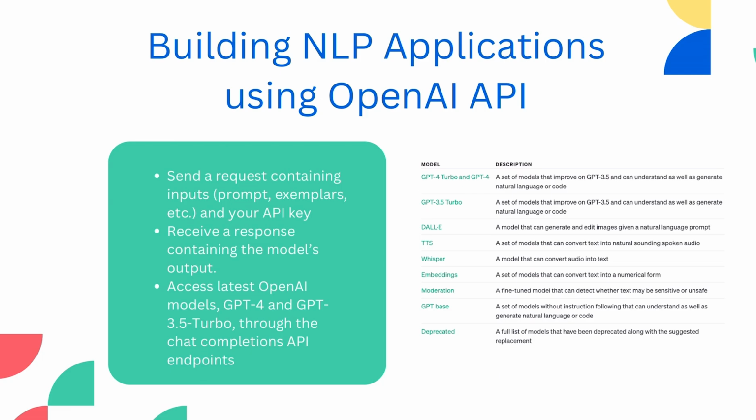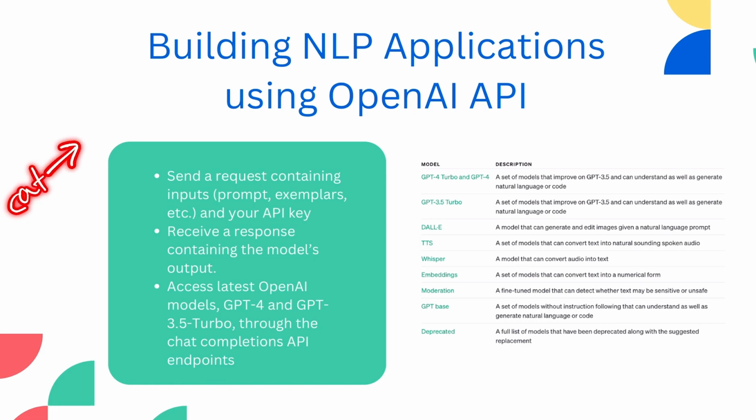Similarly, DALL-E is a model that generates and edits images given a natural language prompt. TTS is a set of models that can convert text into natural sounding spoken audio. Whisper is a model that can convert audio into text, a speech to text model. And embedding models are a set of models that can